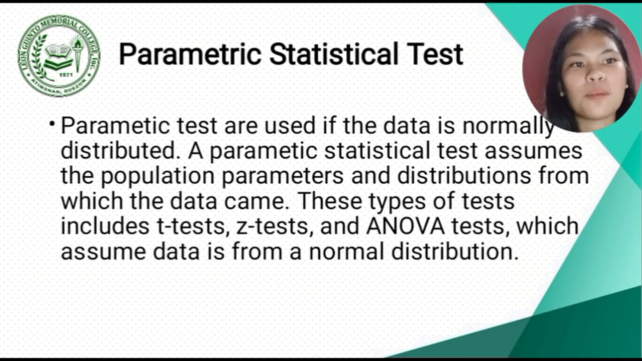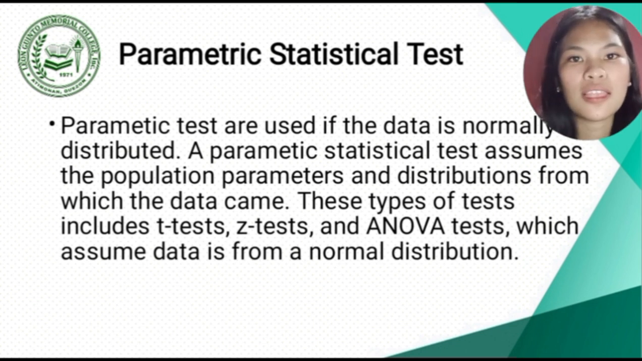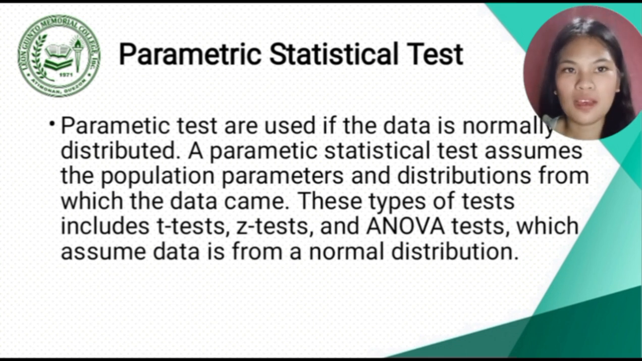Let us define what is a parametric. Parametric is a type of equation that employs an independent variable called a parameter. It is often denoted by t, in which dependent variables are defined as continuous functions of the parameter and are not on another existing variable. A parametric statistical test is used to distribute the data normally. These types of tests include the t-test, z-test, and ANOVA test, which assume the data is from a normal